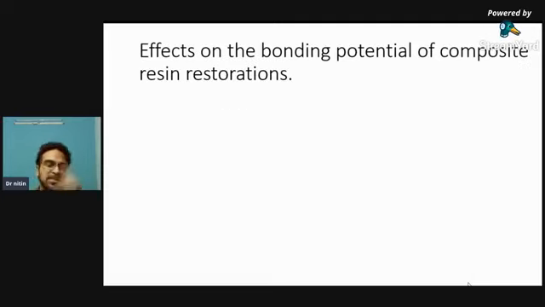Okay, now this is the most important part which I want to discuss, because we may routinely do bleaching on our patients with a non-vital tooth or a vital tooth. When we do bleaching, there are two main indication criteria: either we do generalized bleaching and improve the shade of the teeth, we make them brighter and increase the value of the teeth, or we do a localized tooth whitening in case of a non-vital tooth, two or three teeth.